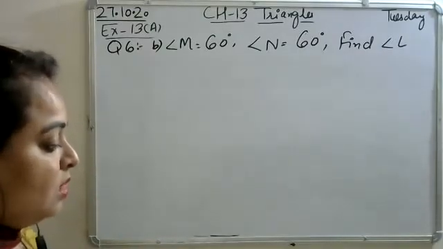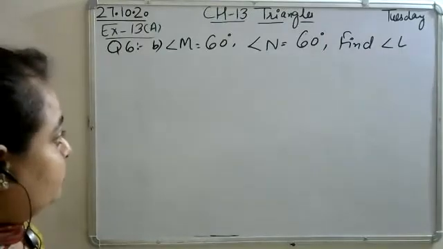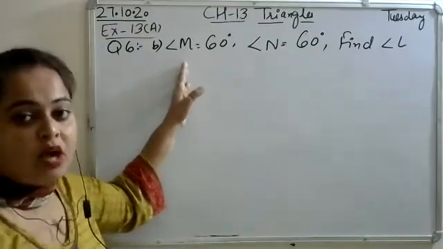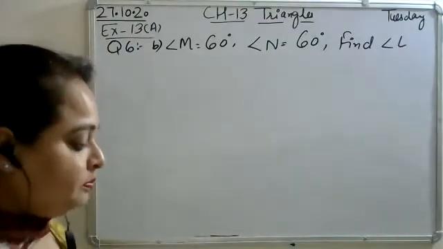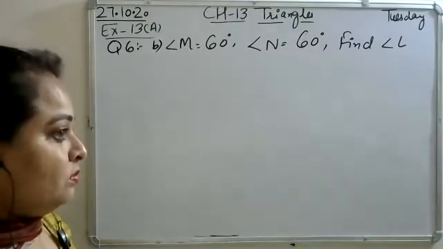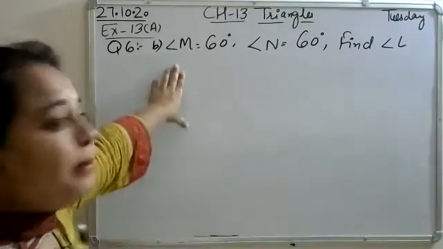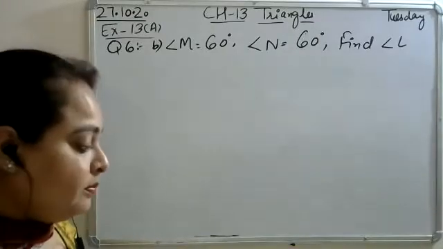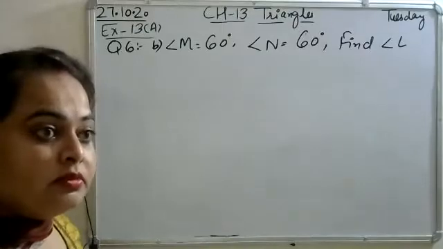Good morning, ma'am. I raised my hand to give the answer. Yes, tell me the result of B part. How can we solve this sum? Ma'am, according to angles, we will apply angle sum property. Why will we not apply triangular inequality here? What is the reason? Ma'am, because angles are given.